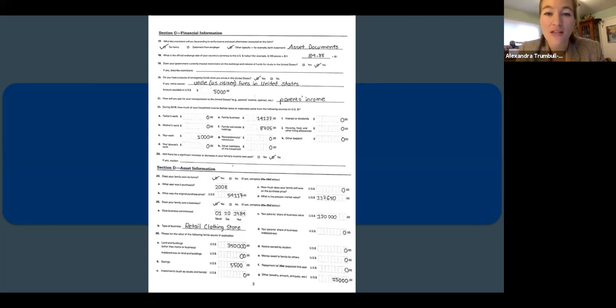Some students are supported by a sponsor, someone outside their immediate family who is willing to fund their education for a certain amount, maybe $5,000 a year. In cases like that, you would write that in and then send us a letter of support from that sponsor. The exchange rate you can find out very easily online. And I think your local EducationUSA office can also really help with filling out this form and calculating the